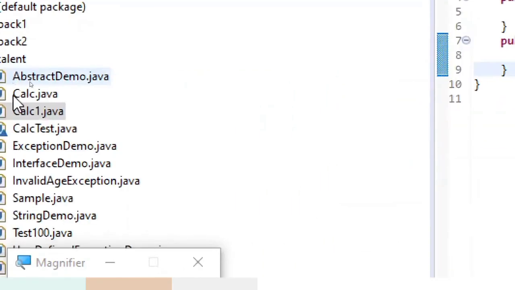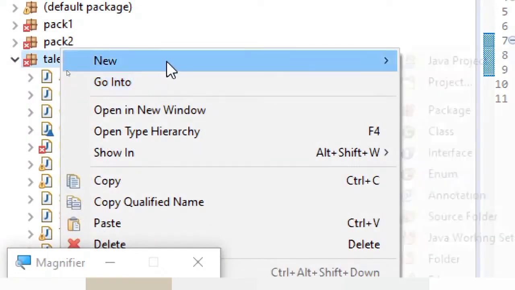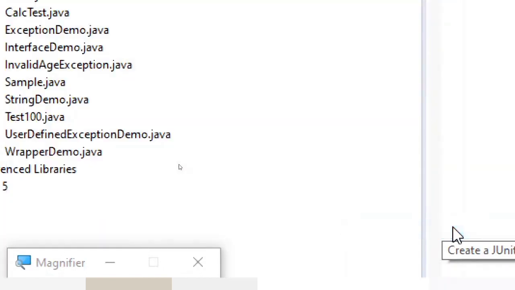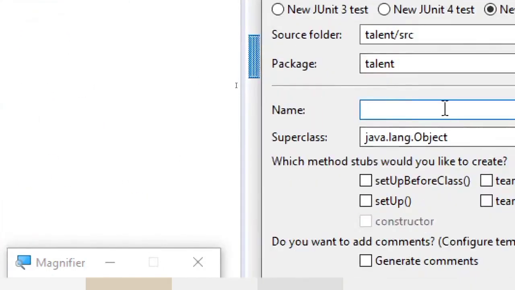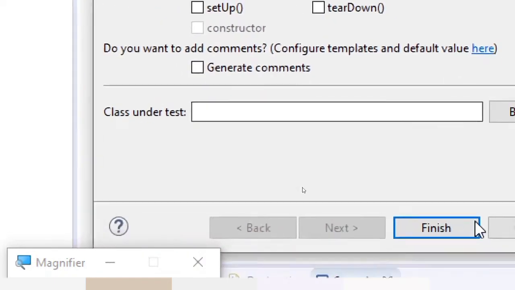And then what we do is one more test class we will create. So JUnit test case. So this is Calc1Test. So this is Calc1Test, and